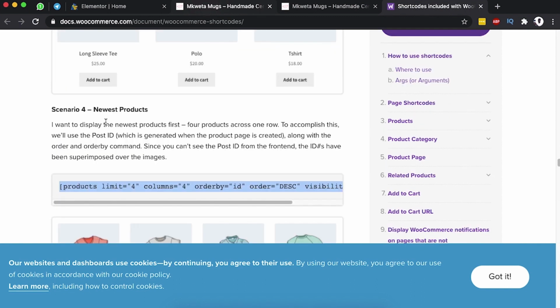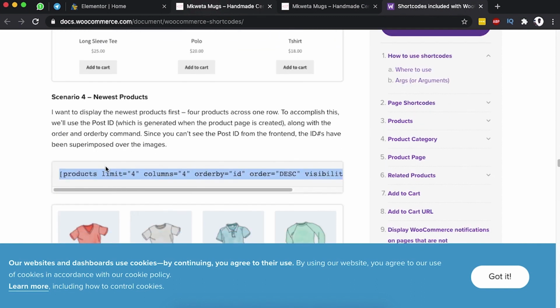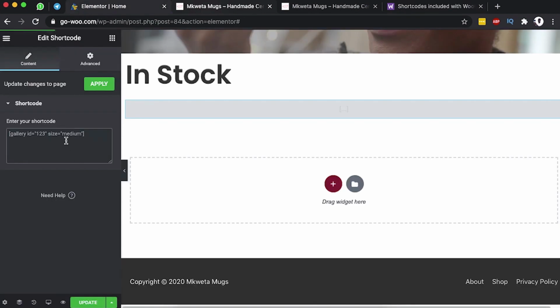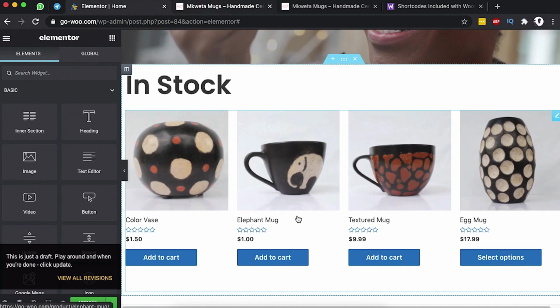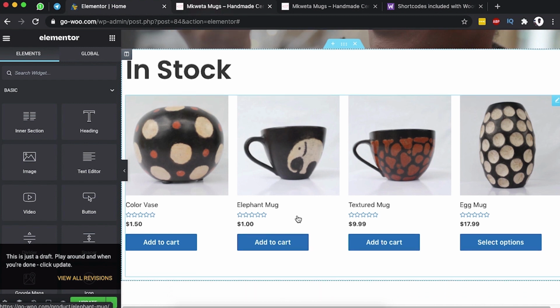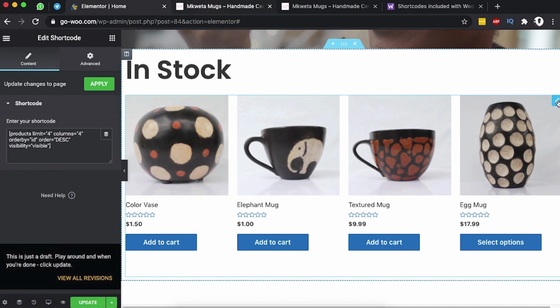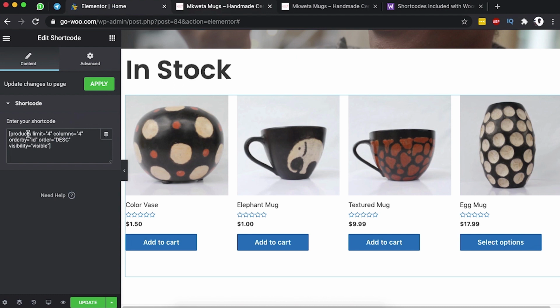In this case, I'm going to choose the newest products layout shortcode. So I'll simply copy this, come over here, paste it, and then I apply. Now that will echo all your newest products, and only 4 of them, and be shown up over here on your home page. We can say product limit 4, and we can say maybe the columns is going to be only